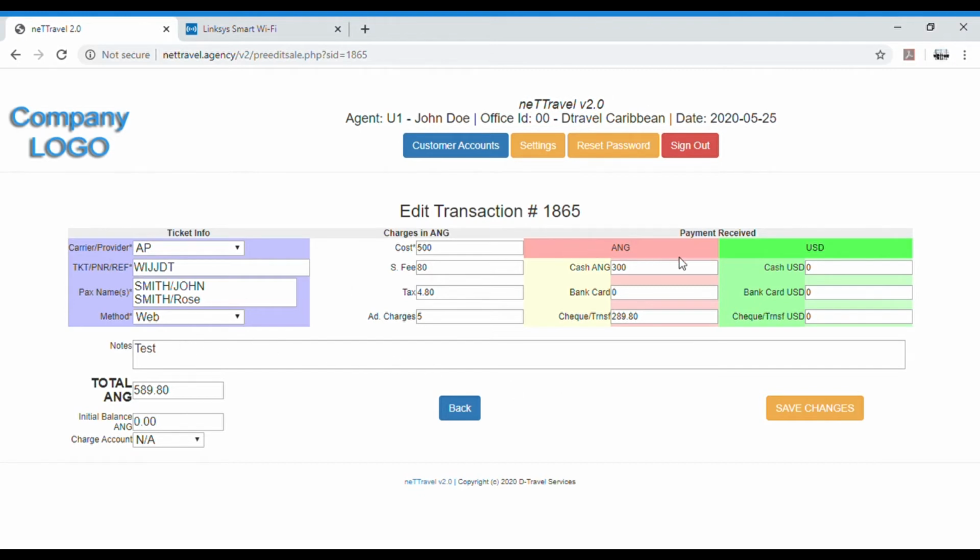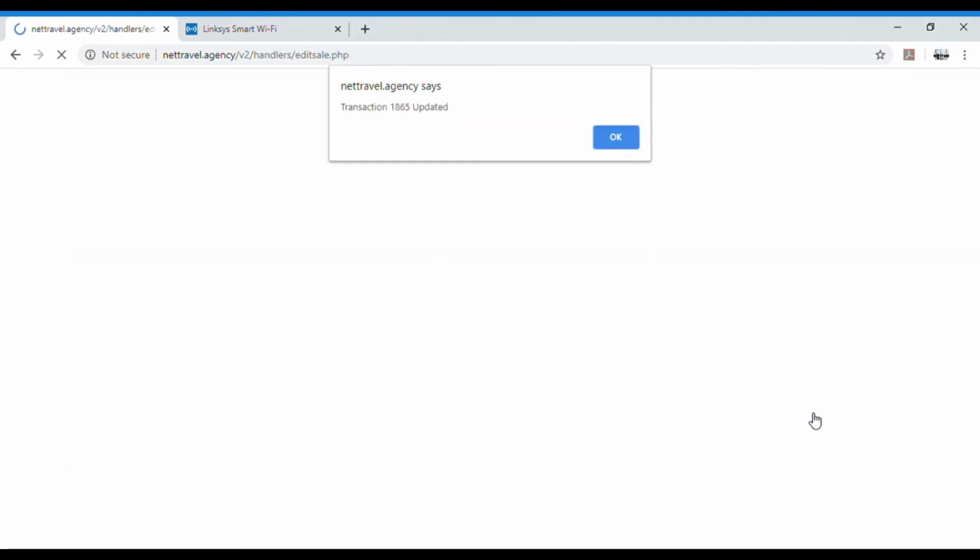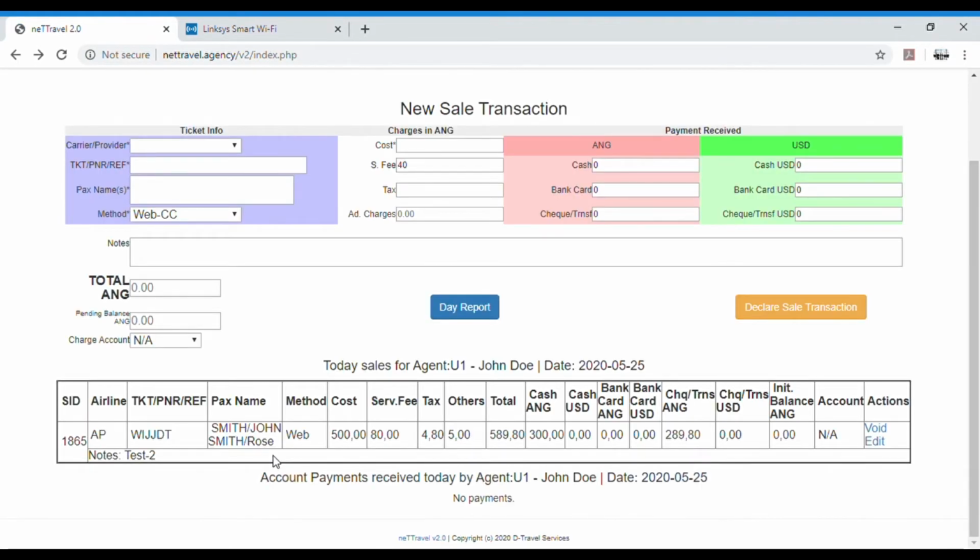So this time I'm not going to change anything, but I'm going to add the number 2 next to the word test. And now I press Save Changes. Transaction updated. So the transaction we just did assumes that a customer walked in, bought a ticket, and paid